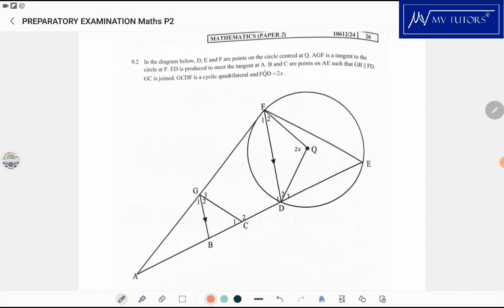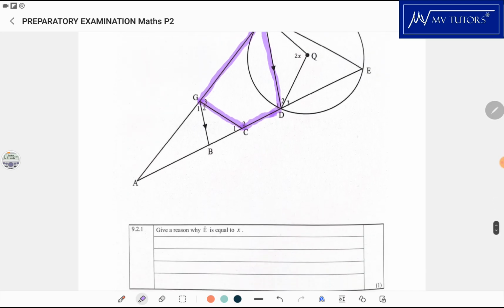Now, I want to highlight this cyclic quad because if I don't, I know I will forget it. So what is it? It's GC, and then D, and F. Just like that. That's a cyclic quad, even though they're not showing the circle, they're telling us it's a cyclic quad. Let's see if we'll need it for the first question. First question is